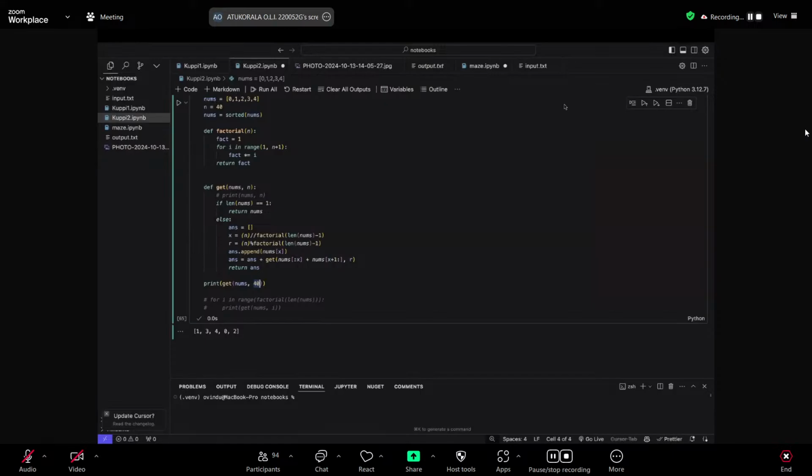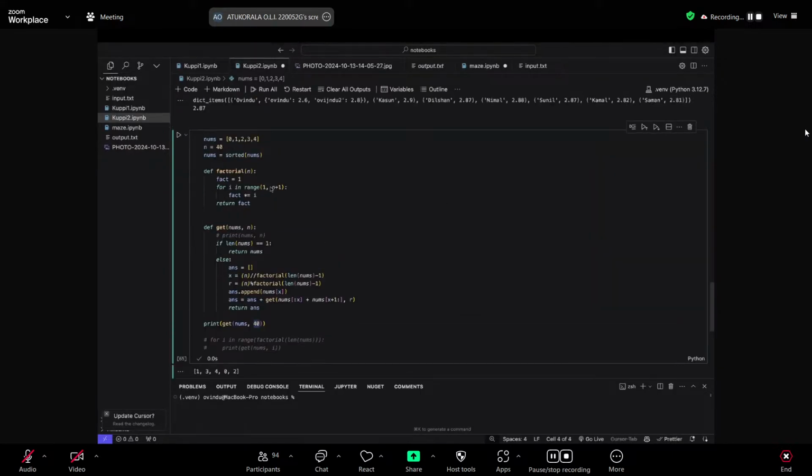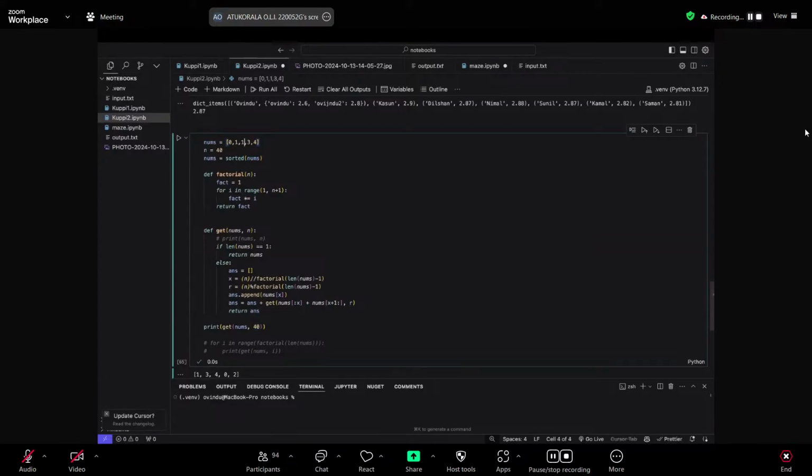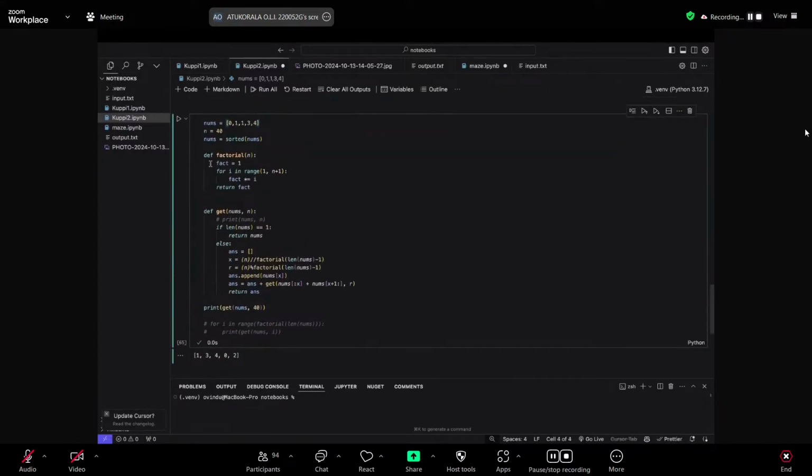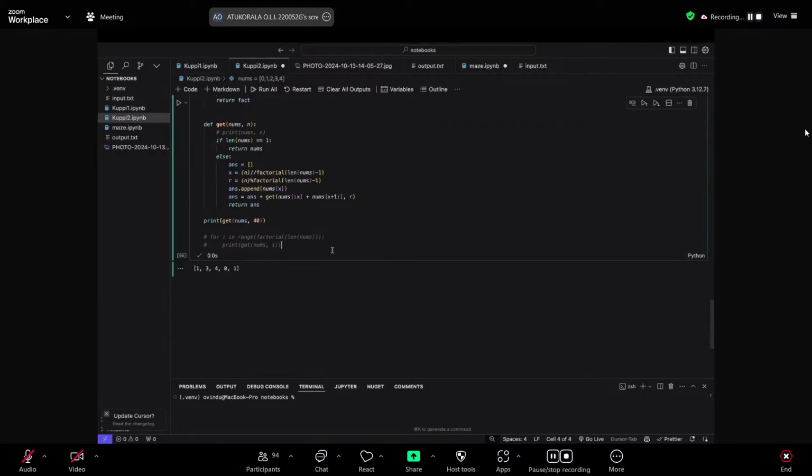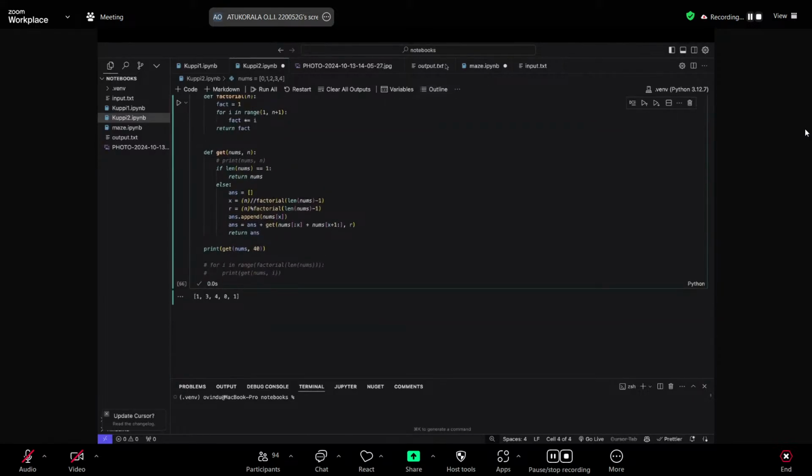What if there are repeating digits? That is a good question. I didn't really think of what would happen if there are repeating digits. I think it should work okay. Yeah, I don't think it will be an issue when you're sorting it. But again, you can test this code and run it and see if there are any issues with the code once I share it. Any other questions, or any other question that you would like me to try?